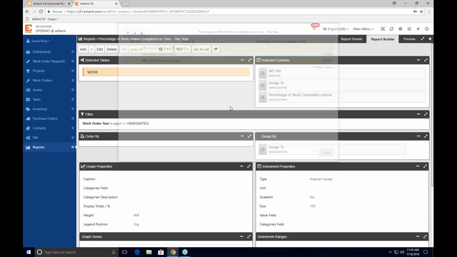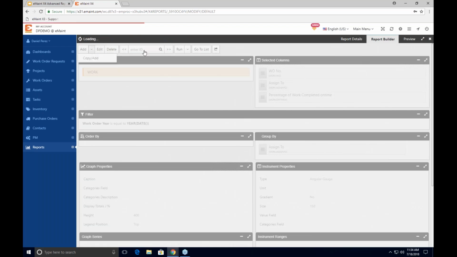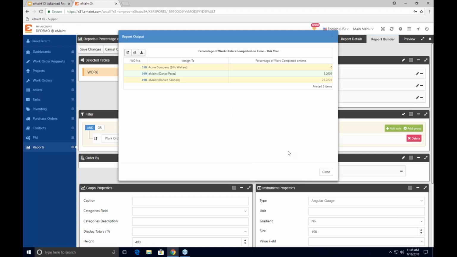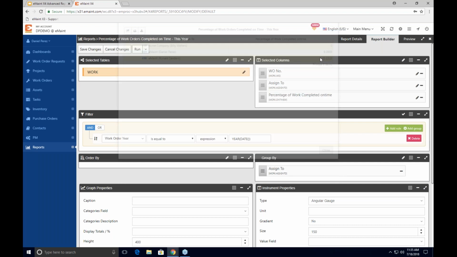completing on time. So let's instead edit this again, and we're going to put a function on our work order number. So that work order number that we had over there when we ran this report, that was just a random work order number from one of the assigned work orders to Billy Walters. So what we're going to do is select this pencil here,